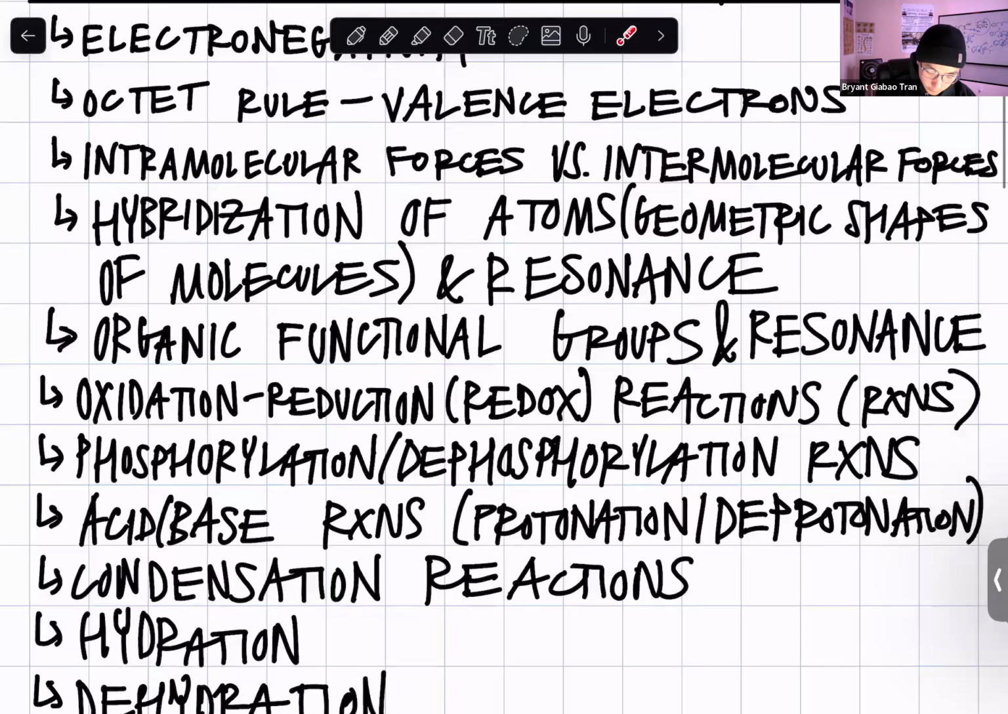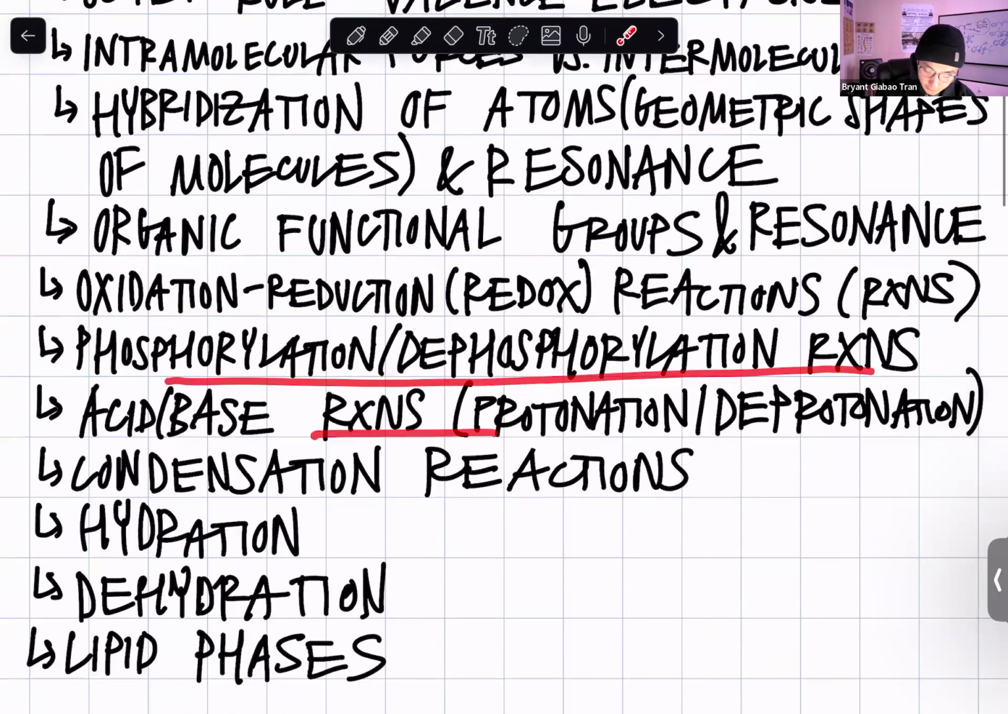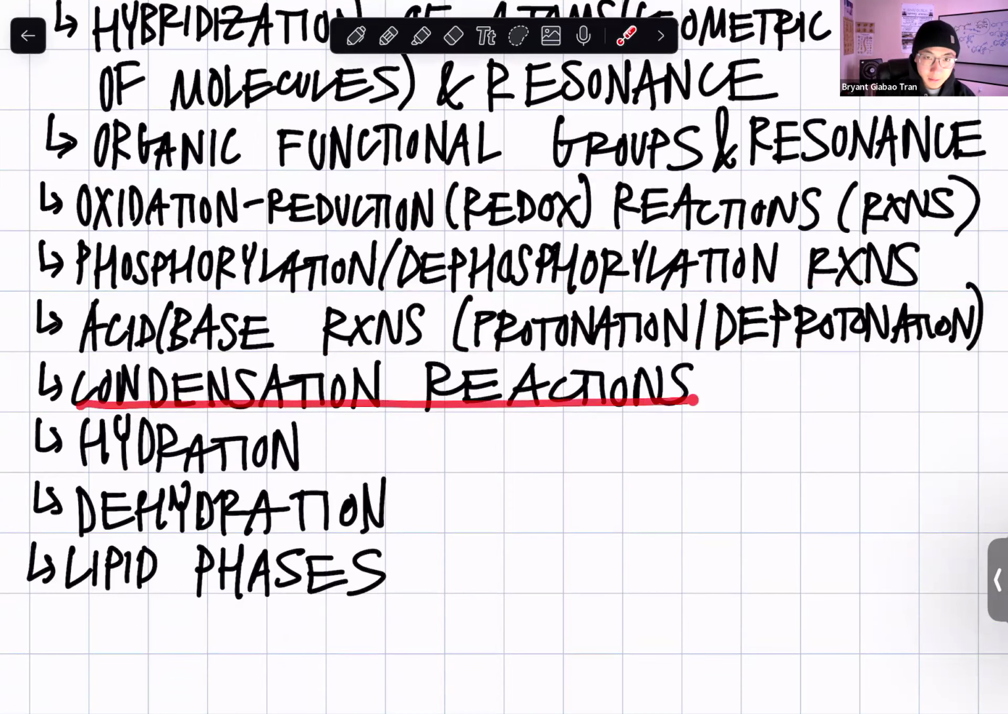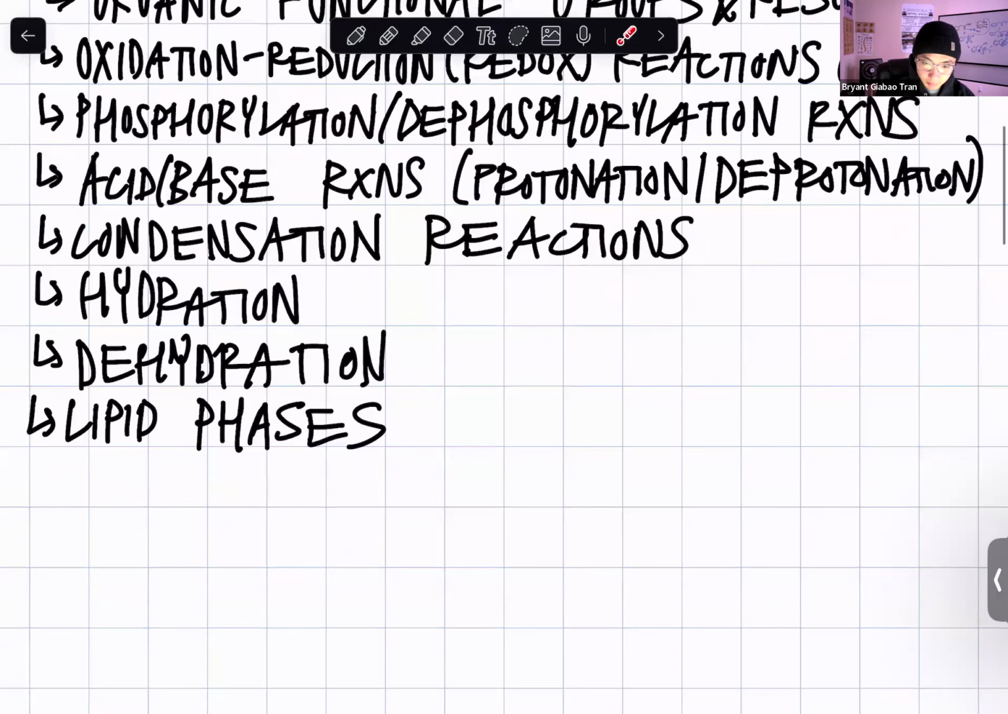And we are also going to go over pairs of reactions like oxidation reduction reactions, redox reactions, phosphorylation dephosphorylation reactions, acid-base reactions like protonation deprotonation reactions, condensation reactions where we combine two molecules together and release water, hydration reactions where we add water, dehydration reactions where we remove water, and the lipid phases, right? Like what is needed to be on the internal side versus the external side of membranes for ions to pass through. So